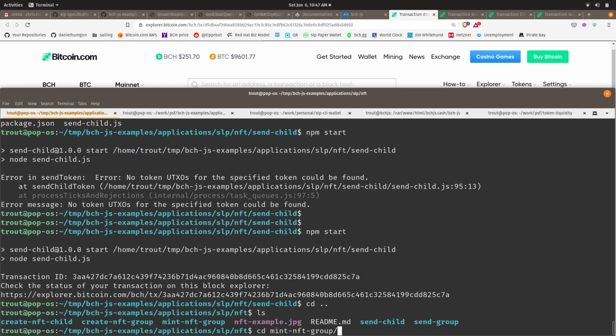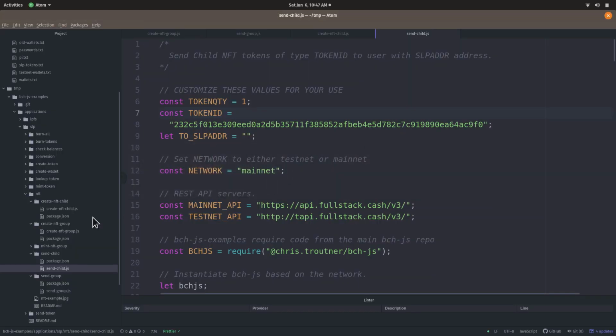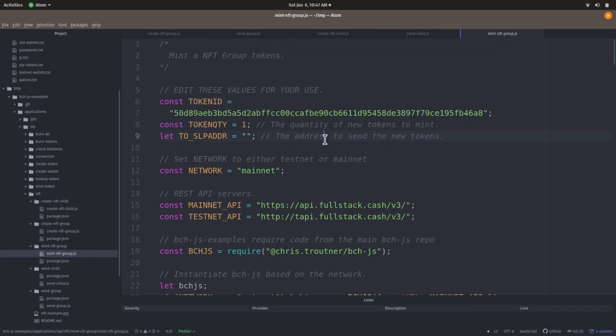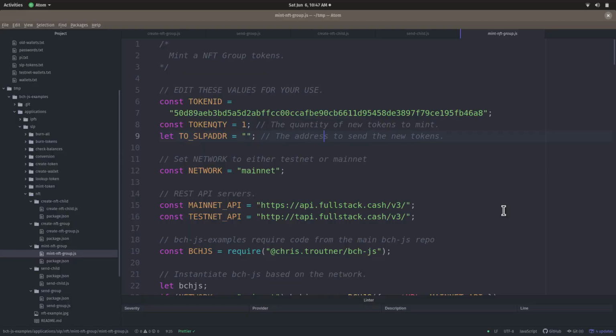So we can do that by going to the Mint NFT group. We go to Mint NFT group. The minting baton's already in our wallet. And this is going to use the original token ID of the swords group token. So that's going to go here. We could mint more if we wanted, but for these examples, I'm just going to do one at a time,